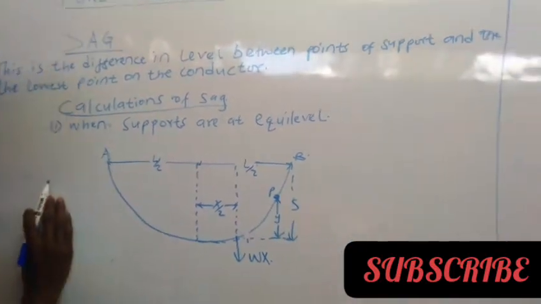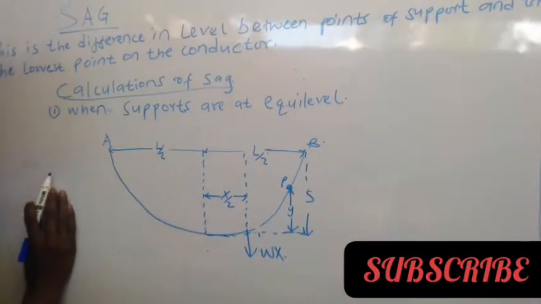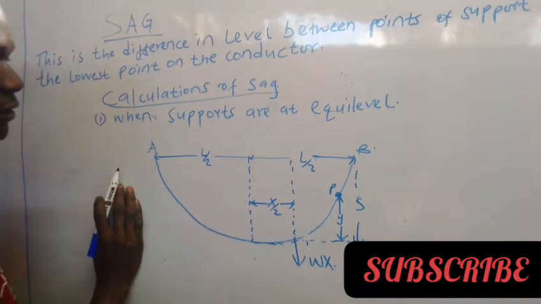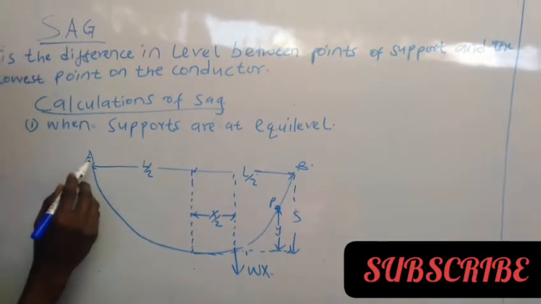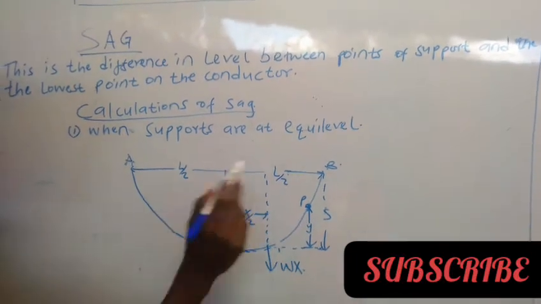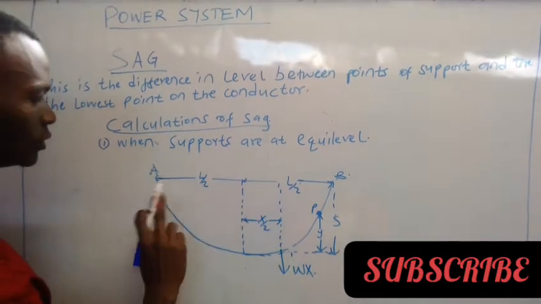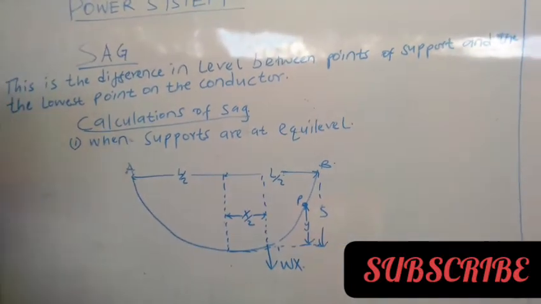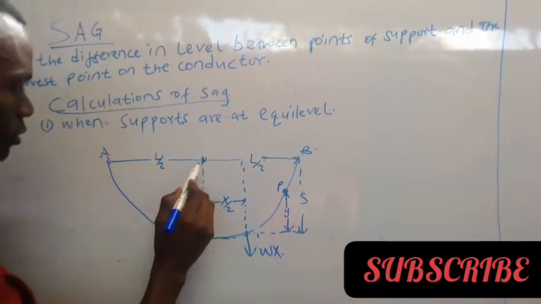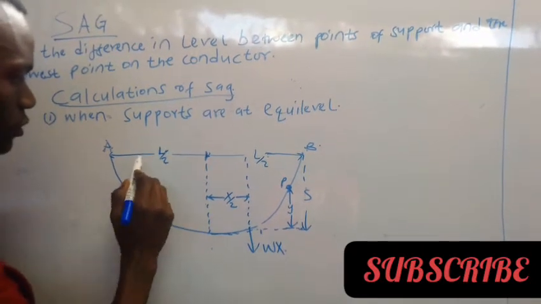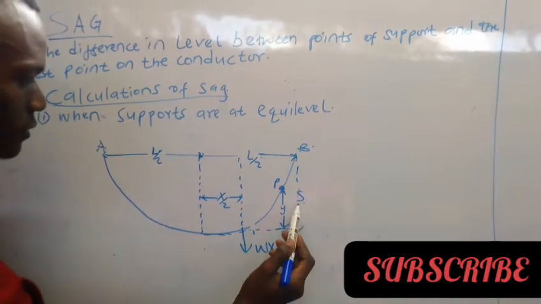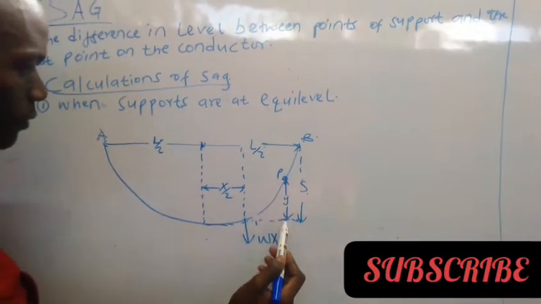So first of all, we are going to calculate sag when the supports are at equilevel. For example, we have point A and point B. They are on the same level, which means sag is the same at both point A and point B. And from A to the midpoint, we can call it length over 2. So it is the total length divided by 2, as you can see. Then from this level, we have the sag, and then we have y, which is